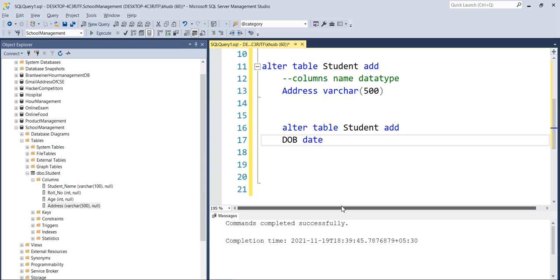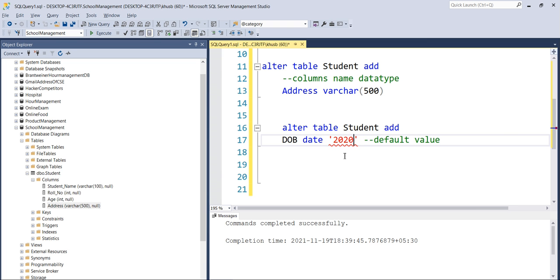We have already discussed the data type and the default value. Now after defining the name of the column and the data type of the column, after that you can define the default value. So let's just quickly define a default value, and we have seen the date data type, right?